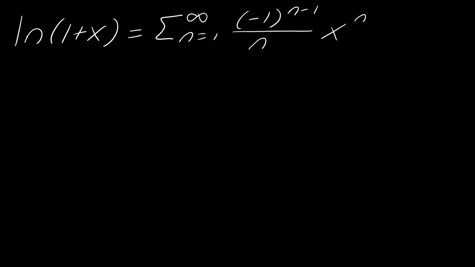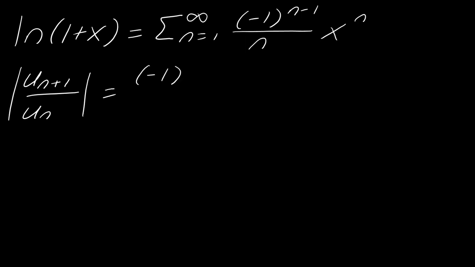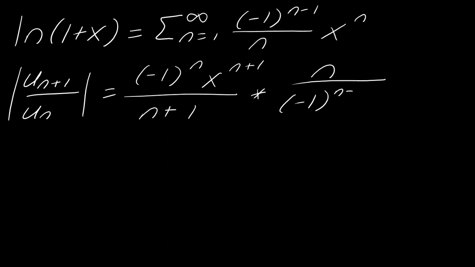Okay, so to find the convergence for this series, we'll do the same thing. So I will compute this and then take the limit as n goes to infinity. So this is going to give me negative 1 to the n, x to the n plus 1 over n plus 1, and then times n over negative 1 to the n minus 1, x to the n. So now I can see this is going to cancel out. Let's see, this minus n minus 1. Okay, so in the end, it looks like I'm left with